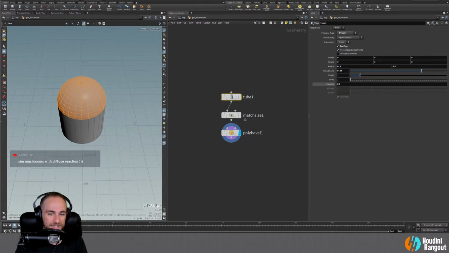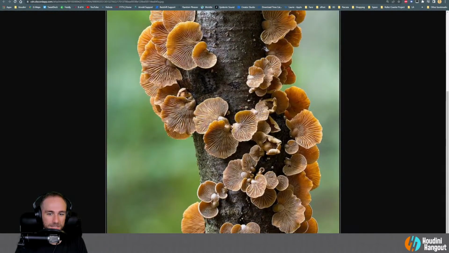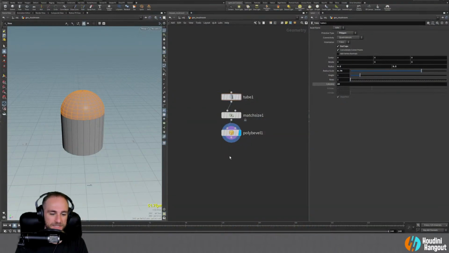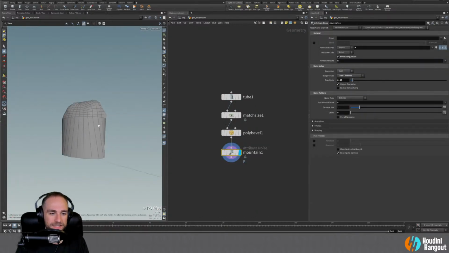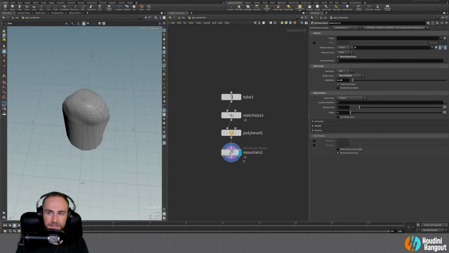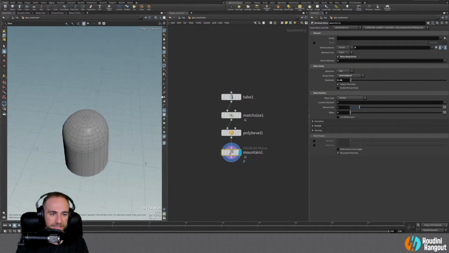All right, I'm just gonna get a little central. That's not what I wanted. A central nubby thing here, and then maybe just do a mountain deformer on this, and we'll make sure it doesn't go in Y. And we'll turn the scale down a little. Kind of make a little lumpy guy like that. I don't know. Kind of stupid, but